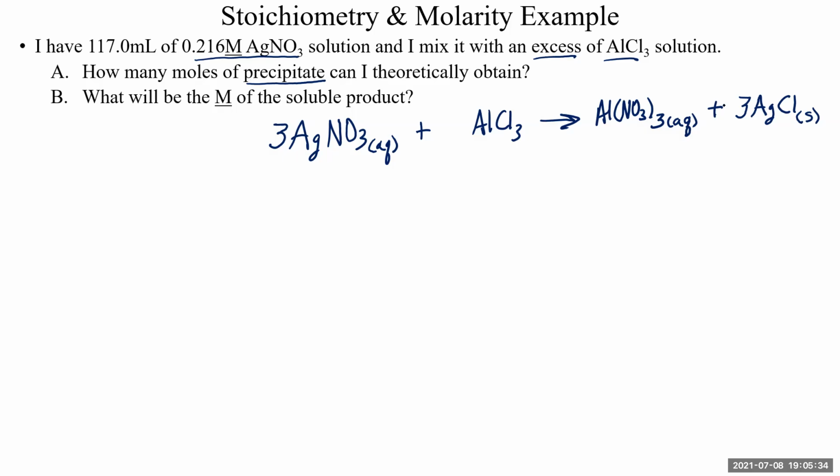Now, how much silver nitrate do we have? We have 117 milliliters of 0.216 molar solution. But remember, we can't use milliliters because molarity has liters, specifically, that unit built in. So I'm just going to go ahead and divide this by 1,000 to convert it to liters. So 117 divided by 1,000, that's going to be 0.117. So that's 0.117 liters multiplied by 0.216 molarity. And that gets us to